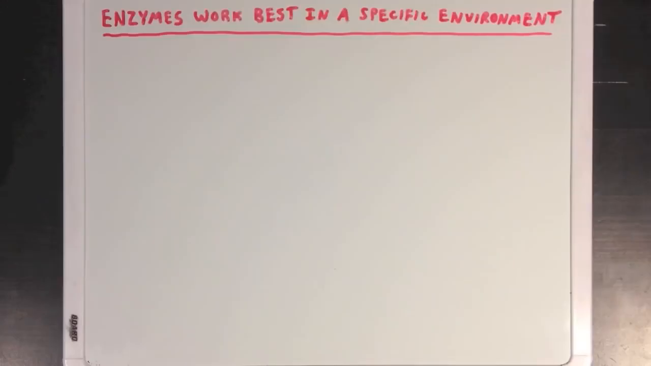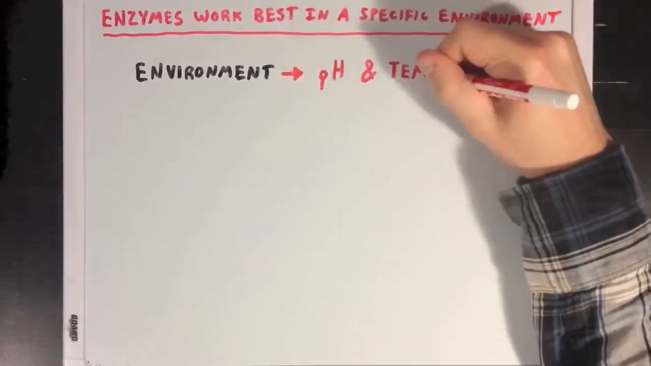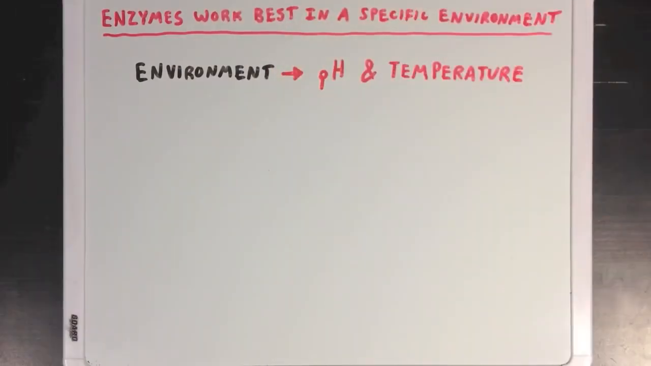Now, it's important to recognize that enzymes work best in specific environments. And when I say environment, I can be referring to many different aspects of an enzyme's surroundings, but right now we're only going to be focusing on pH and temperature values. So let's take another look at this by imagining that we have this person over here, and he's hungry, so